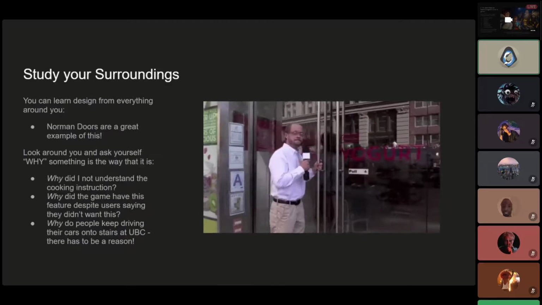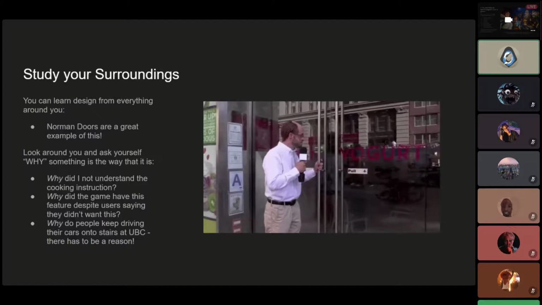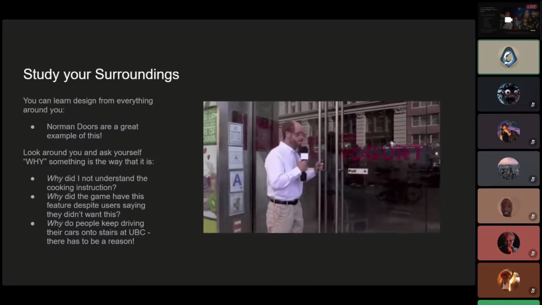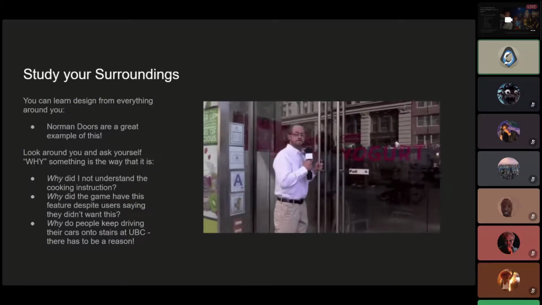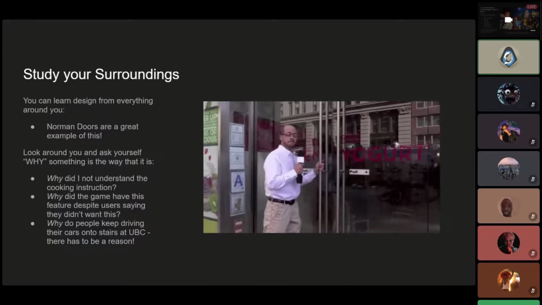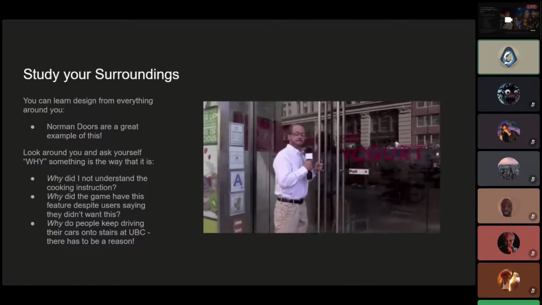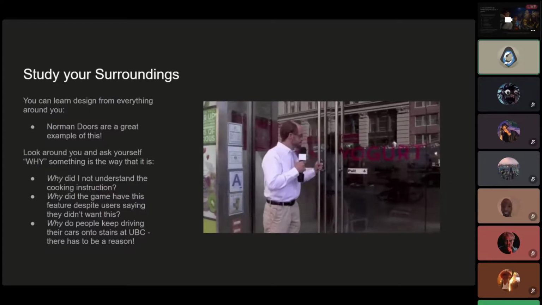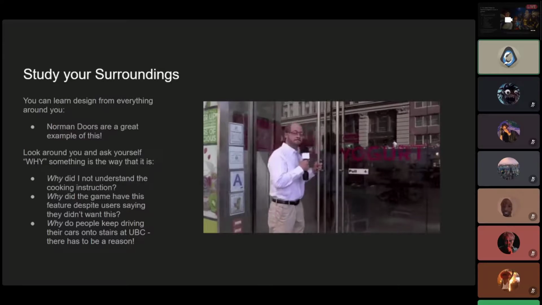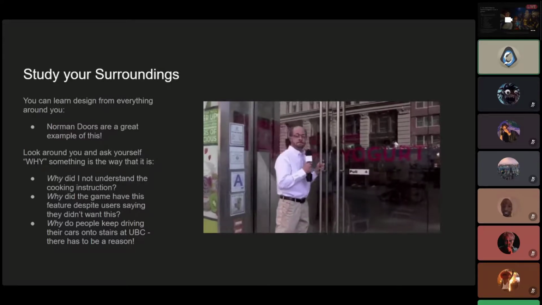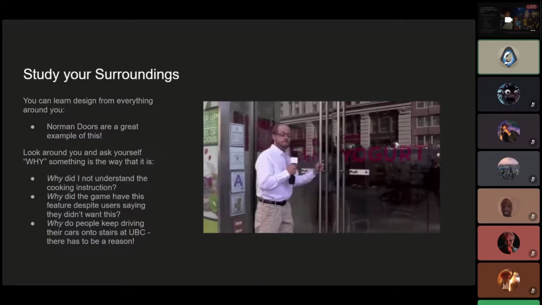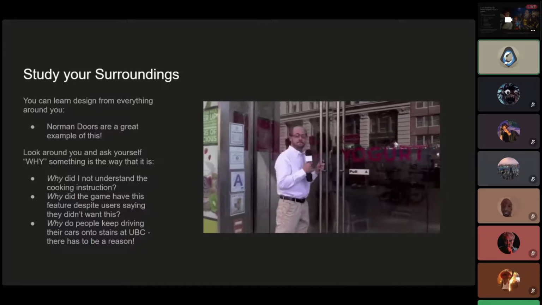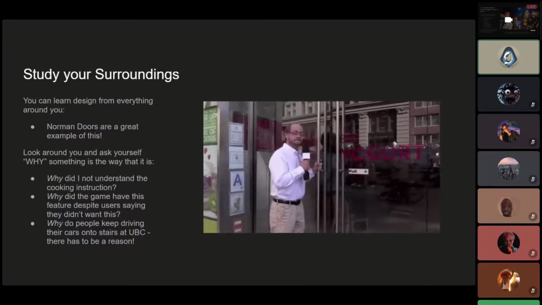I think the first most important thing, especially for designers, you can do is ask yourself why with pretty much anything you do or look at. I don't know if anybody knows the concept of Norman doors, but it's any door that is unintuitive to use. Like in this GIF, the door's probably locked, but you all know those doors where it says push, but you pull anyway, and you're like, well, now I feel stupid. I couldn't figure out how to get through the door.